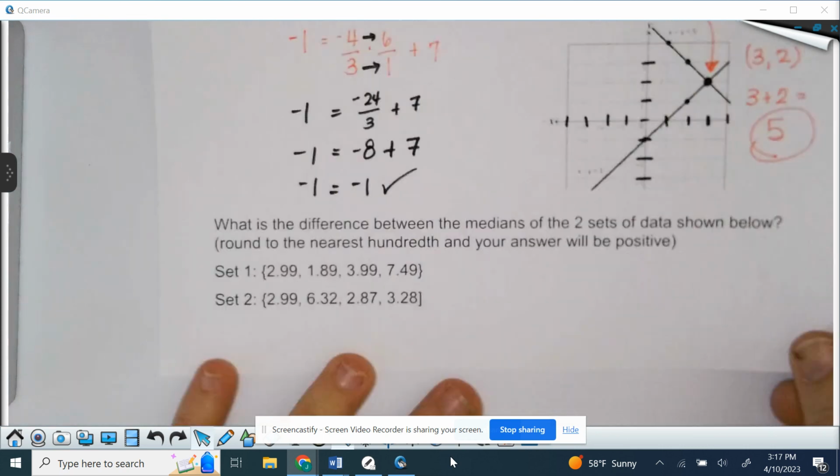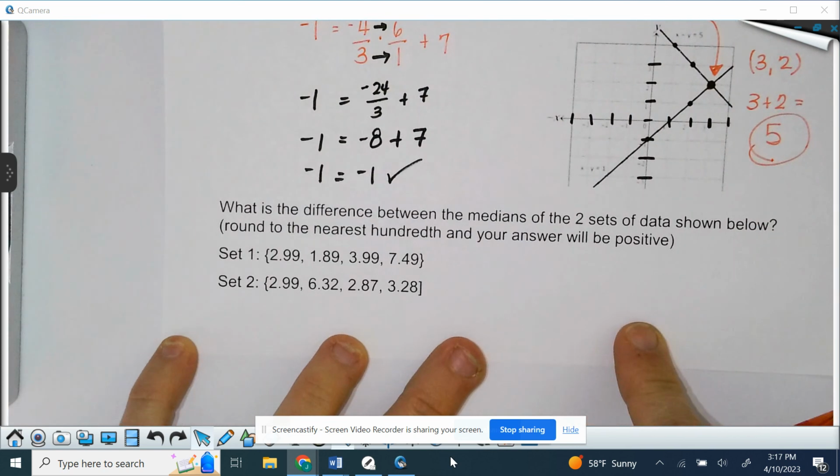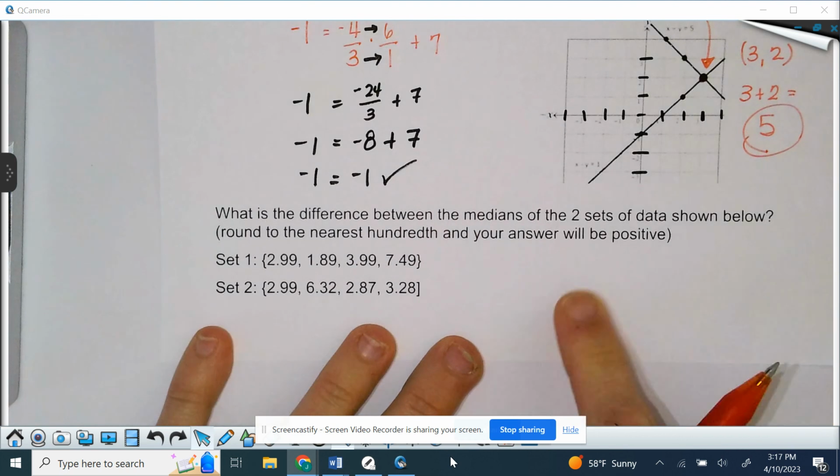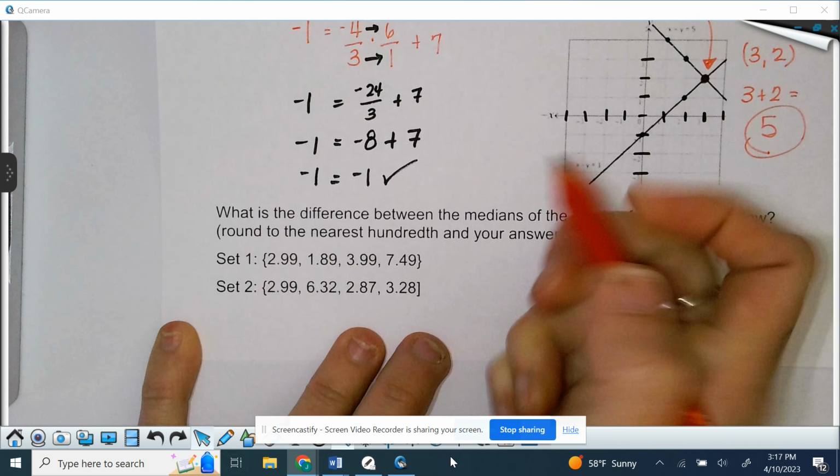All right, this one turned out really poorly, and I don't know why. We've been reviewing these a lot, I feel like, but maybe somebody can shoot me a question. Let me know why this is so difficult. Maybe the decimals. So what is the difference, which means we're going to subtract,